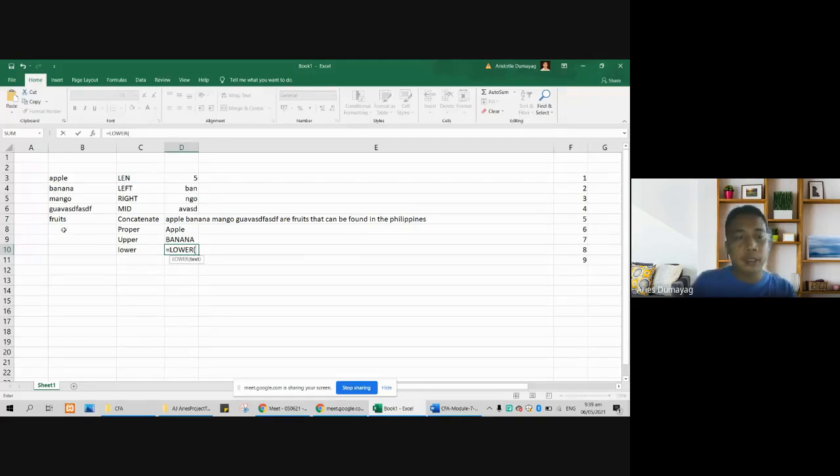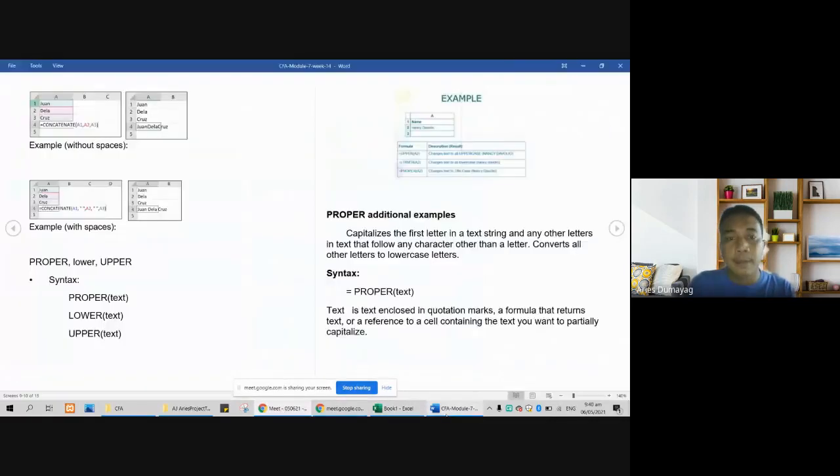scale down the character. Let's say mango is in upper. This one should be capital in nature. So dito, siya nagbago kasi, bumaba siya, capital letters to lowercase. Okay, so proper, upper, and lower. So that's how you properly display text using text string. Okay,